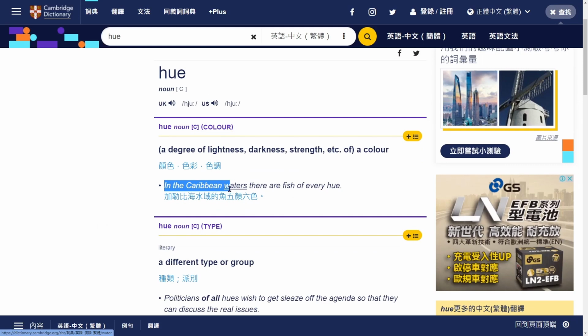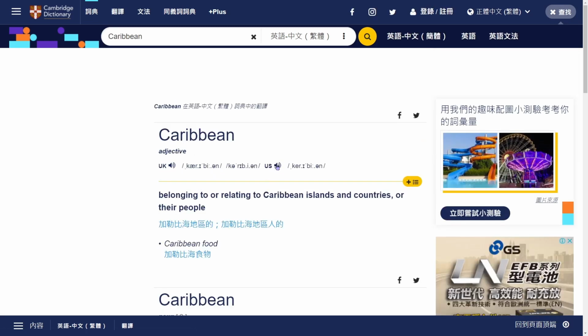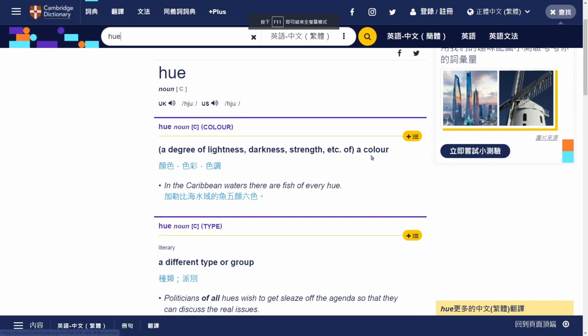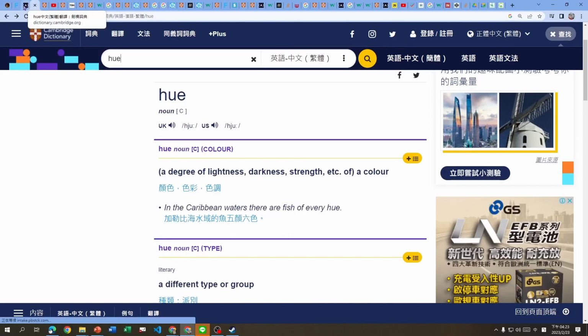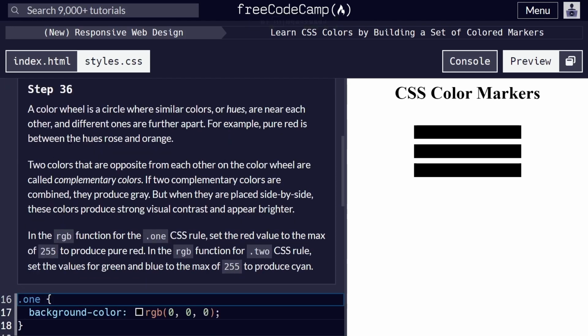In the Caribbean waters, there are fish of every hue. 就是纯的红色是在色调 rose and orange，粉红色加橘色也对啦。